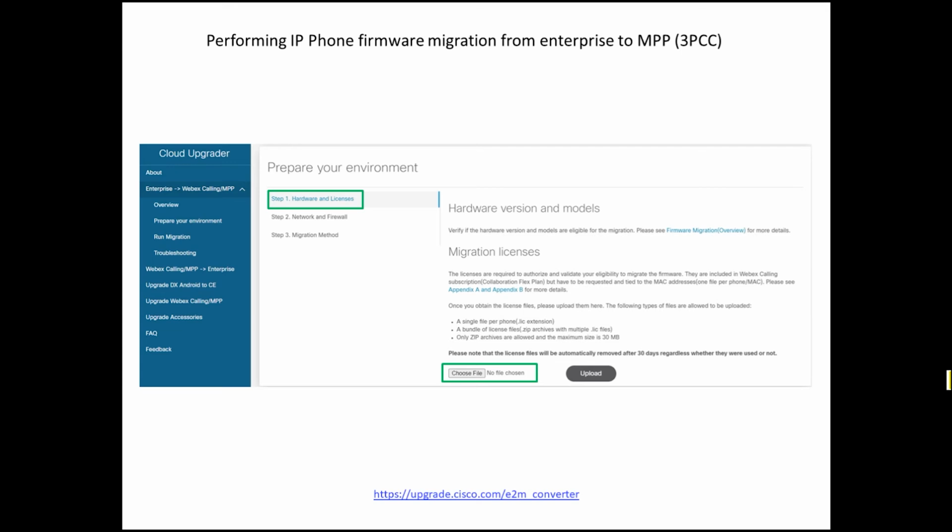Okay, the next thing we're going to take a look at is, at this point we've taken care of the licensing. So you have a firmware migration license for each individual phone you're going to be migrating from enterprise to 3PCC. What is the next step? Okay, the next step is you're going to go to the upgrade.cisco.com site right here,